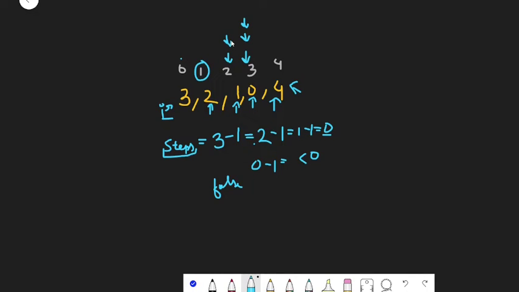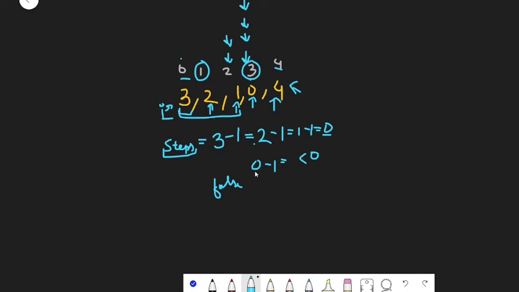From 2, the maximum jump we can take is again this index. So we can see that from each of these three indexes, the maximum jump we can take will lead me to index 3, and hence there is no way we can go to index 4 from 0.